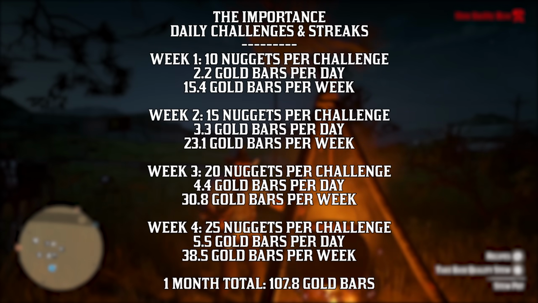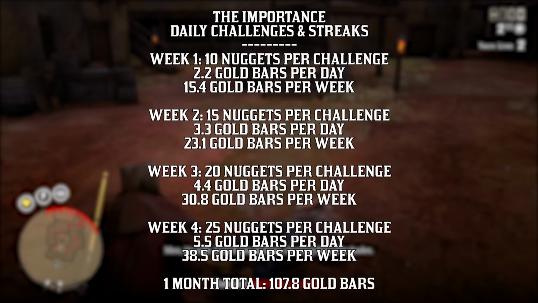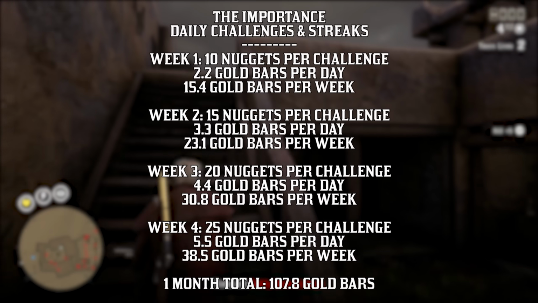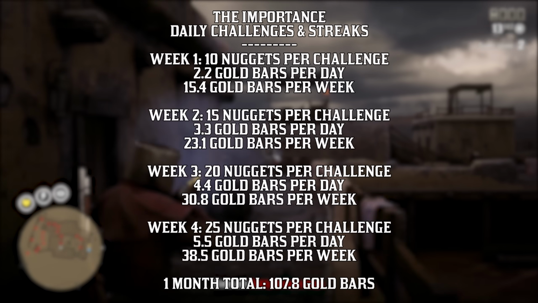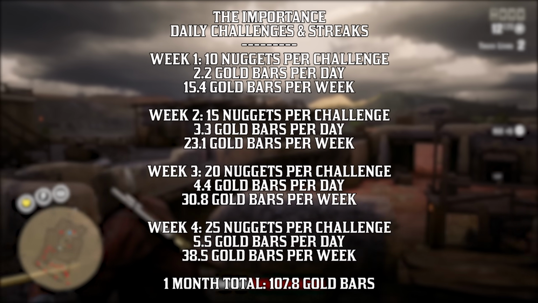total just from challenges. At week 2, you're rewarded with a 1.5 times multiplier on your gold earned for challenges, which comes out to 15 gold nuggets per challenge completed. That's 3.3 gold bars per day, and completing all 7 normal daily challenges and 9 role challenges for a total of 23.1 gold bars in week 2 of your streak. In week 3, you have a 2 times multiplier on gold earned, which is 4.4 gold